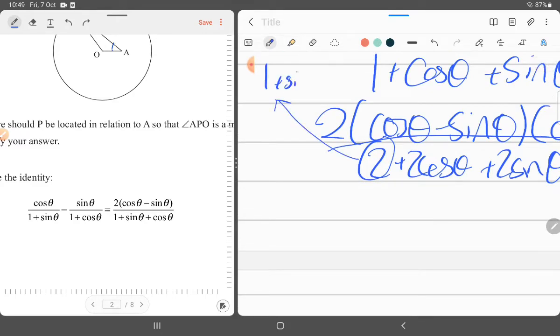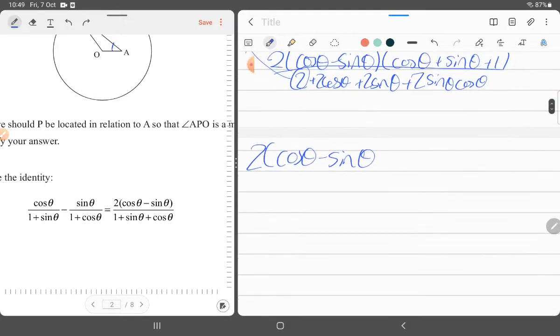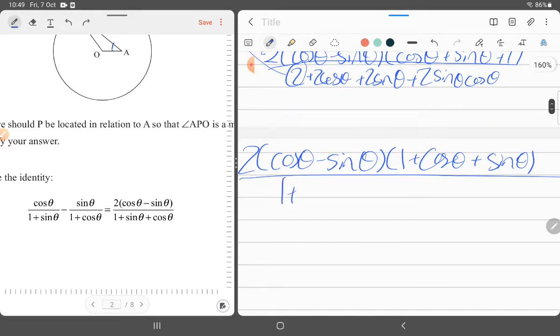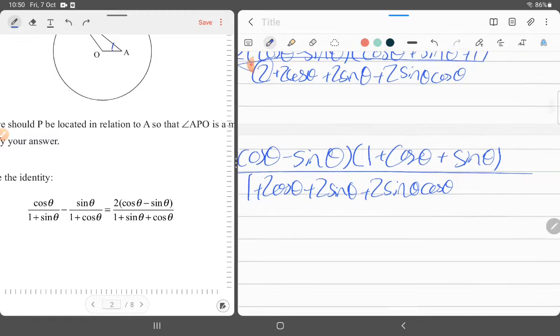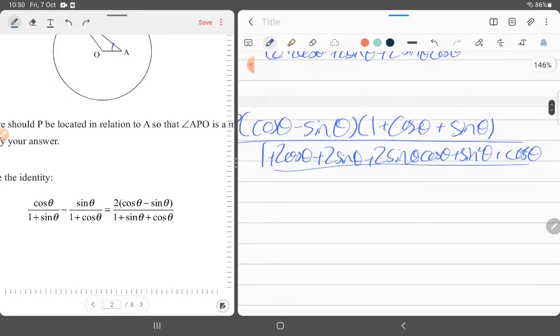Split into 1 plus sine squared theta plus cosine squared theta, which gives us 2 cosine theta minus sine theta, 1 plus cosine theta plus sine theta all over 1 plus 2 cosine theta plus 2 sine theta plus 2 sine theta cosine theta plus sine squared theta plus cosine squared theta. And this can be factorized into,